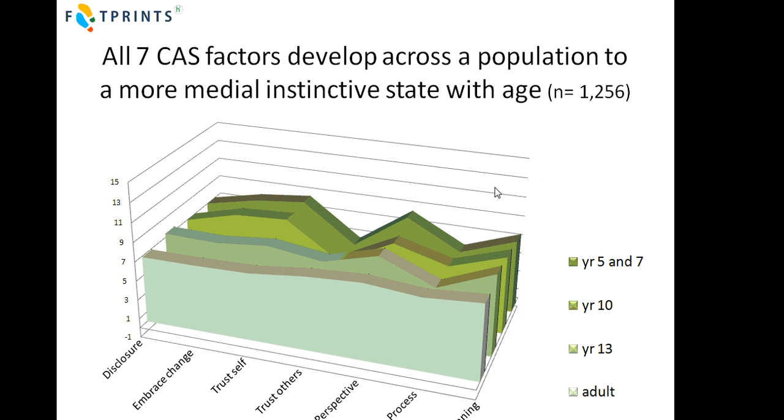Now, in fact, if we look at all 7 of those factors across these year groups which we did measure, then just as we were looking at the 4 factors in the earlier chart that developed over time in that trajectory, so when we look at the other 3 as well, we see them also developing towards this mean over an age-specific context.